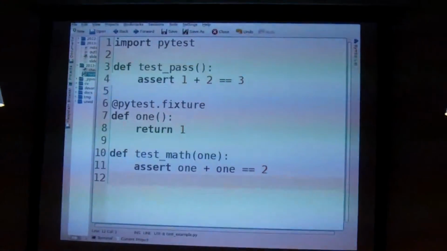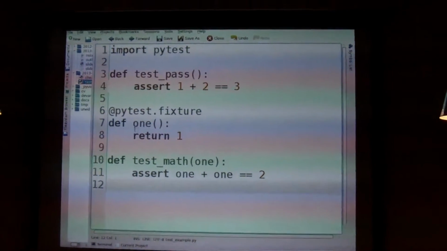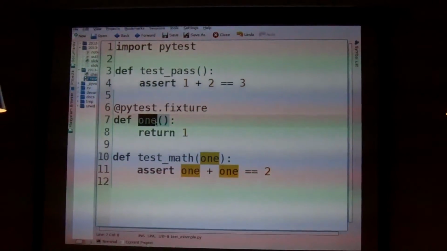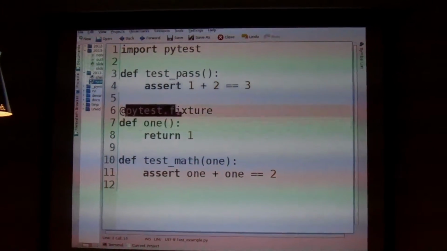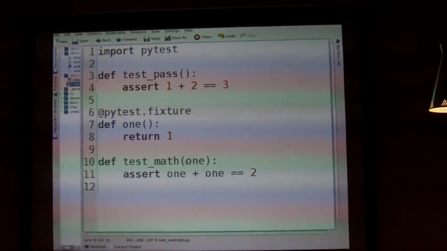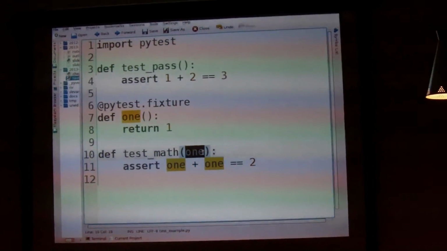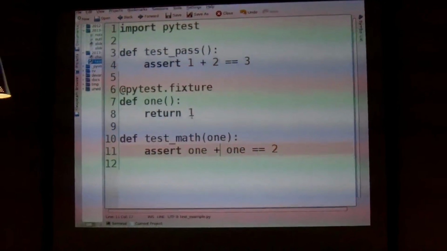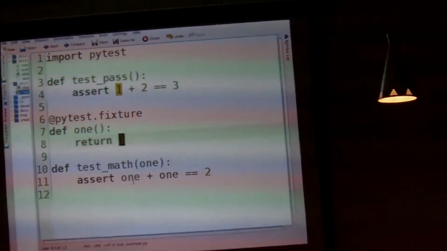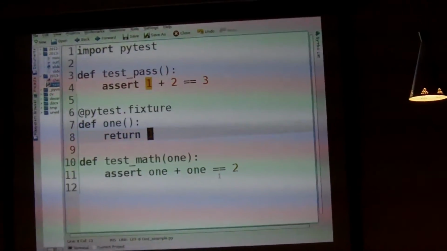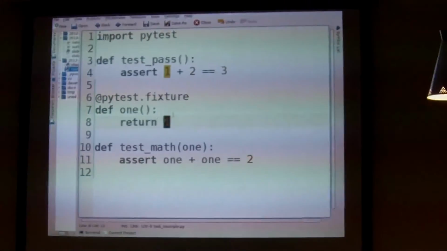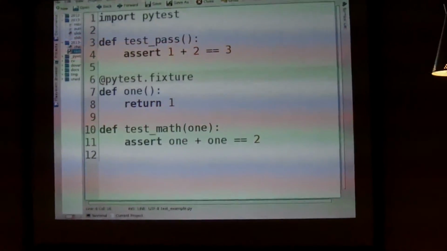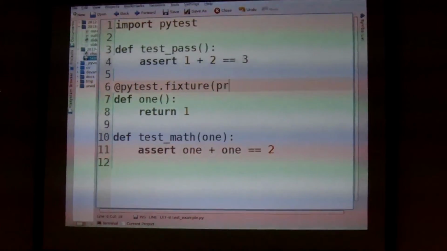Okay, so here we have a fixture. It looks like this. You just define a method or something like that. It can be a class or anything. Decorate with fixture, and then you can just use it as an argument for a function, and whatever this returns gets passed here. So 1 + 1 = 2. Test passes, everything's fine. You can do many tricks, like